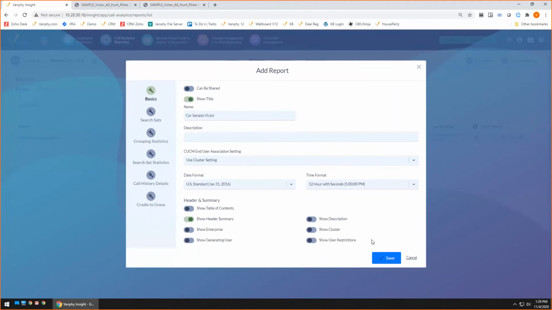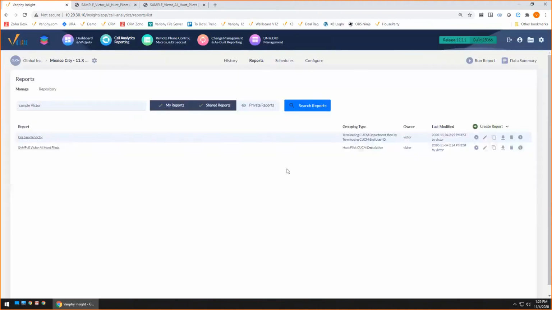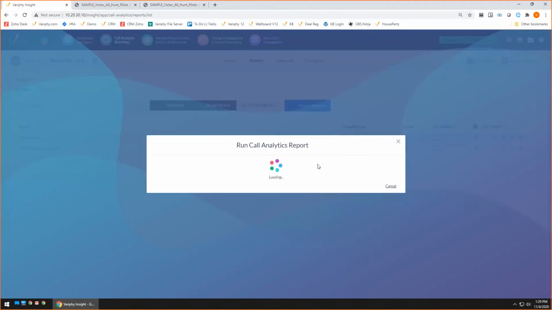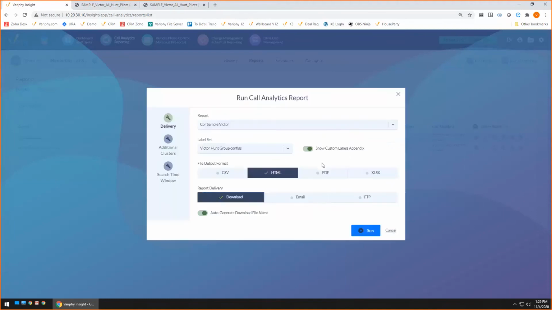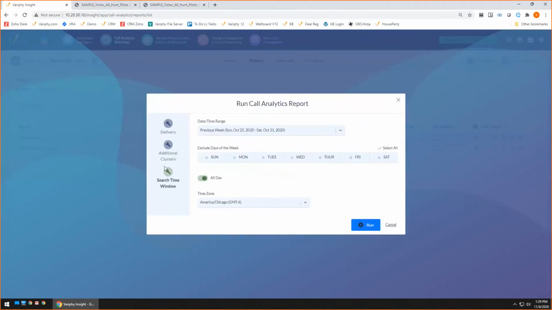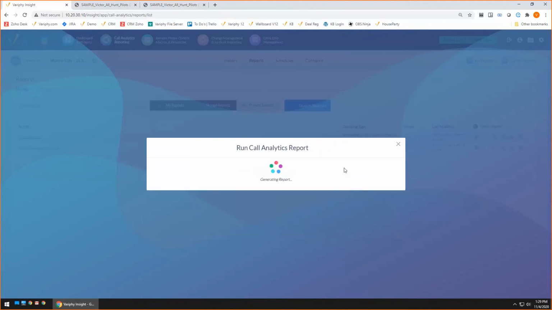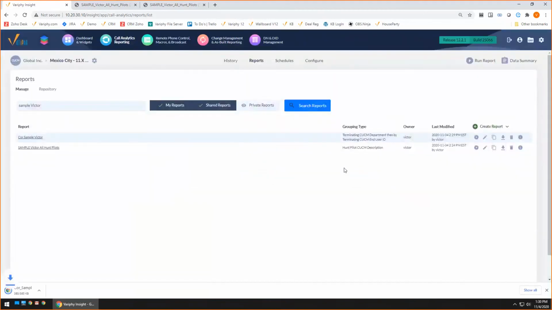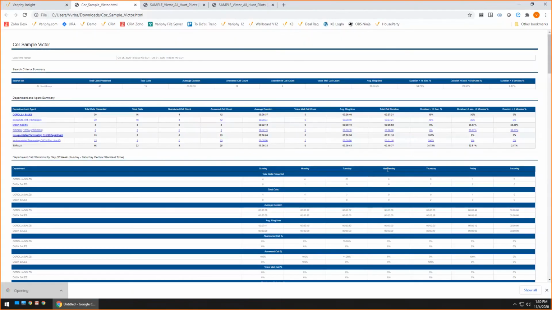And let's go ahead and save this guy. So now it's a brand new report. Let's run this, and now you're going to see those same values. I'm going to use my same configurations here. Run it for the previous week, and now I've taken a report that was for all my hunt groups, gave me a great overview of all my hunt groups, and just by changing 2 or 3 values, I'm now looking